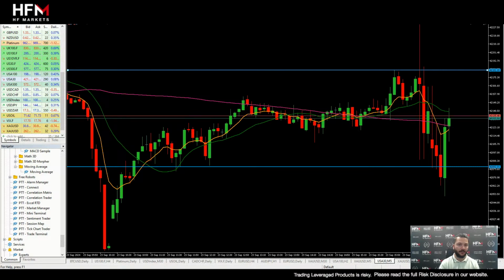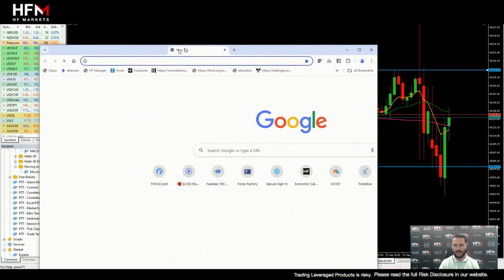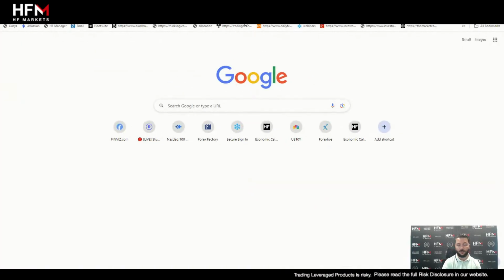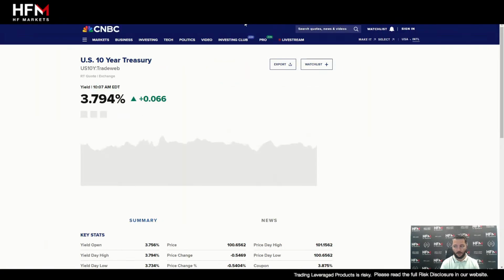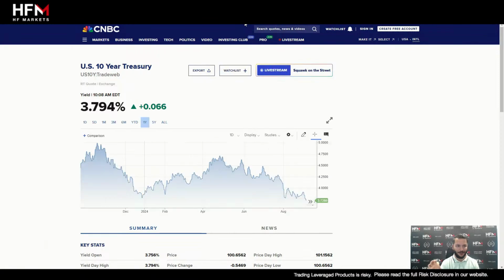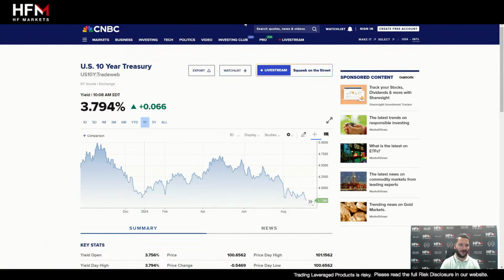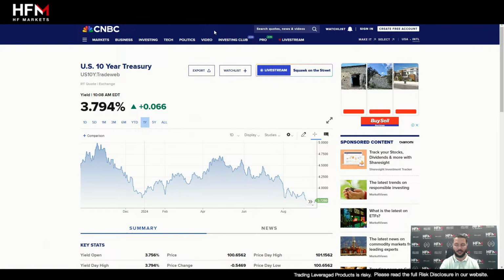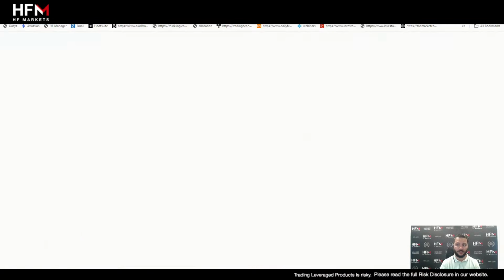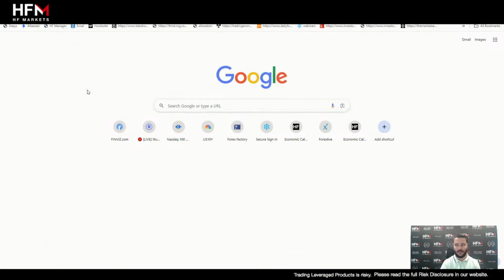The only thing I would say in regards to that, and both the Nasdaq and the Dow Jones, there's a few things to look at. Number one, we definitely want to look at bond yields. If bond yields are lower, it's considered positive. Today they're definitely not lower. Here they're very high, so that's considered a risk to the stock market. Doesn't necessarily mean they're going to decline very, very quickly, or we're going to see a crash, but that's a risk there. The other thing for us to look at is the VIX.